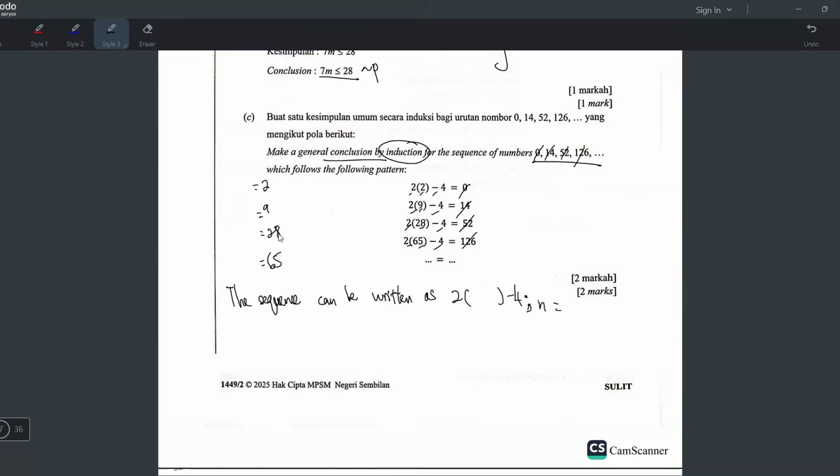2, 9, 28, 65. So the pattern is a bit hard to recognize. So what's the pattern here? 2 becomes 9, 9 becomes 28, becomes 65. Okay, I think you have to do power 3. Because 9, okay, if you do 2 power 3 plus 1, okay. But I think what you have to do is you have to minus 1 first. Because when you minus 1, you get 1,